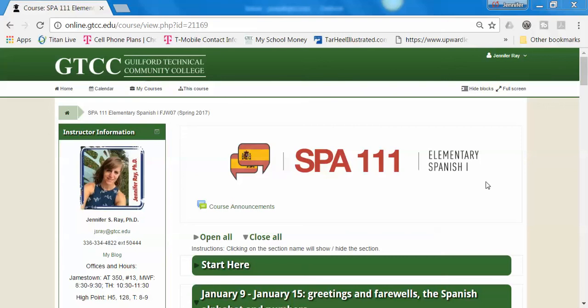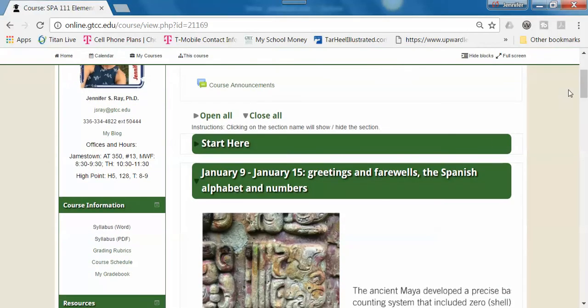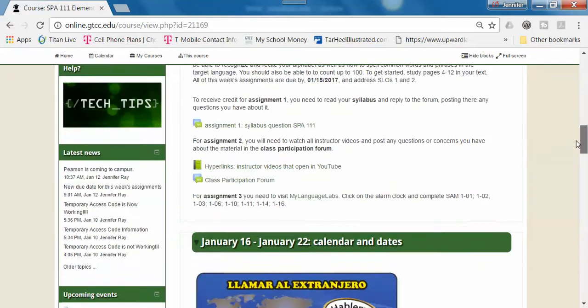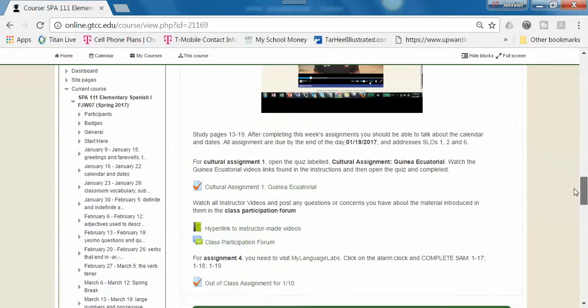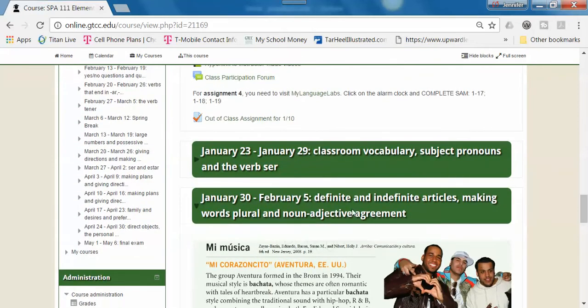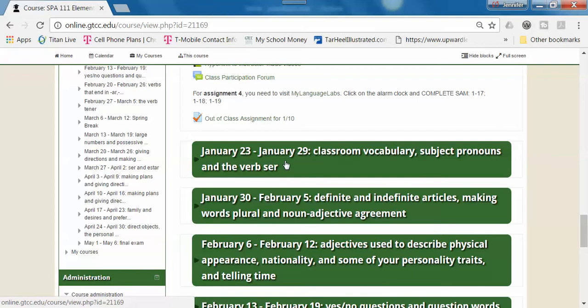Okay, so I wanted to go ahead and explain to you what you have to do for this week. So if we scroll down and move past the 16th, we are now moving to the 23rd. I'm just going to close that. So if you open up the 23rd, the 29th, it tells you that we're looking at classroom vocabulary, subject pronouns,